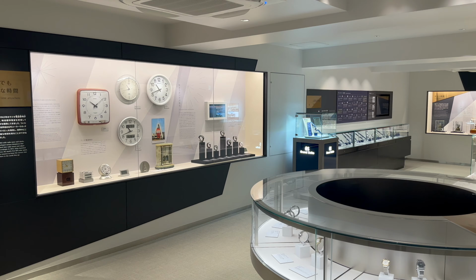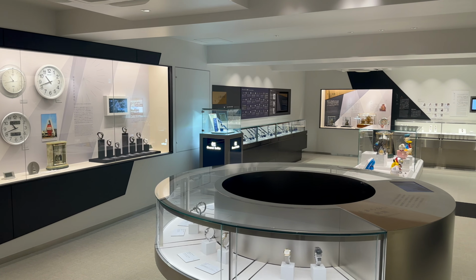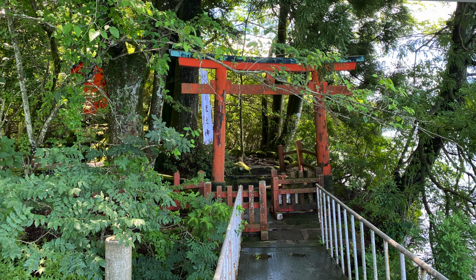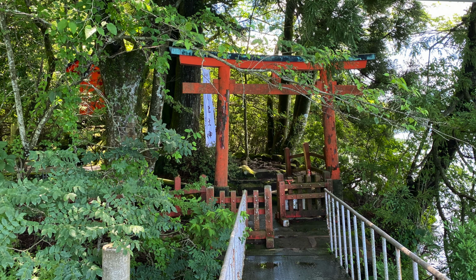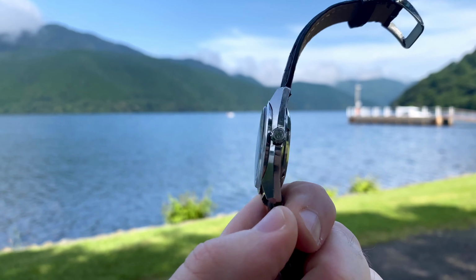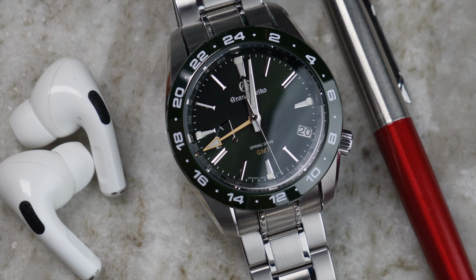Over the course of 2023, I visited Japan, went to the Grand Seiko Museum, or the Seiko Museum, saw almost every single modern Grand Seiko, and got to try on a lot of them as well. When I came back from Japan, I was obsessed with Grand Seiko. I ended up buying one in Japan, a vintage model, which I absolutely loved. And on my return, I bought a spring drive watch, which you know all about, and I also bought a